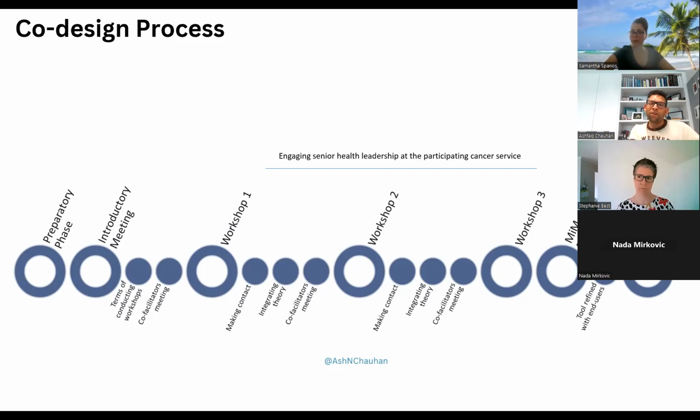One of the things that came out of the logistic considerations was providing participants with necessary information before the workshop, for example, what the aim of the workshop was, how the workshop would run, and what the aims of each workshop were, prior to the workshops.